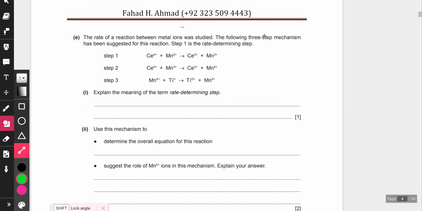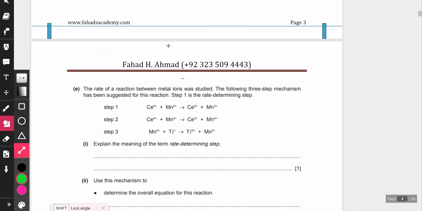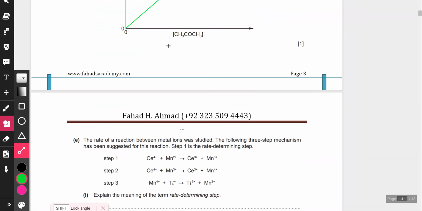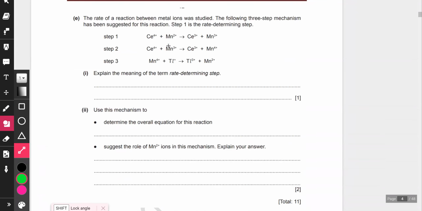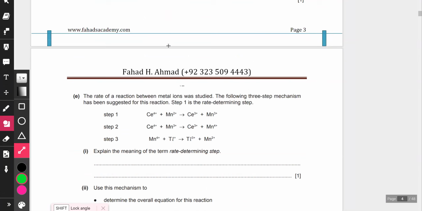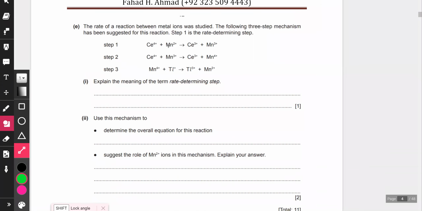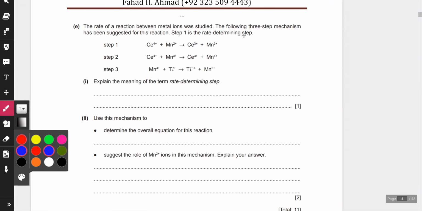The following three-step mechanism has been suggested for this reaction. Which reaction? It's a completely different question. I mean, it's related to the first one, but the question is about a different reaction. The following three-step mechanism has been suggested for this reaction. Step one is the rate determining step. So step one is, in this case, your slow step,